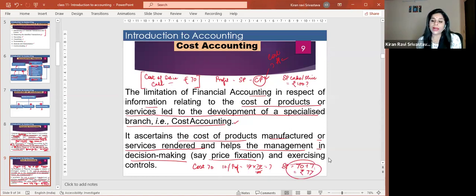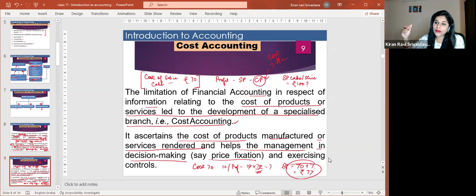So how did it help me? Now, as a management, I understood that if my costing is coming to 70 rupees, and I want to earn a 10% profit to sustain myself, then every slice of cake or pastry which I sell, I have to sell it at 77 rupees so that I earn 7 rupees profit. Now, imagine, because it was a launching phase, one year was the launching phase, I was taking only 10% profit.